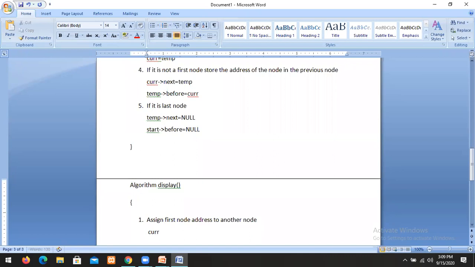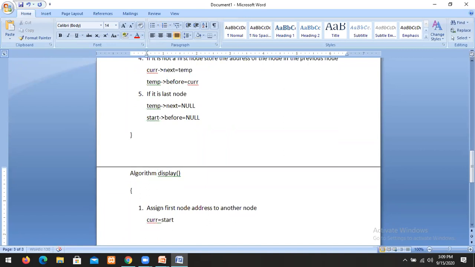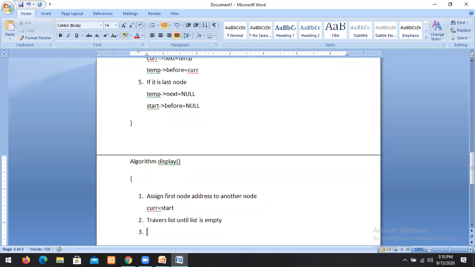So that's why we write current equal to start. We know that always the first node address is start. Then traverse the list until the list is empty.